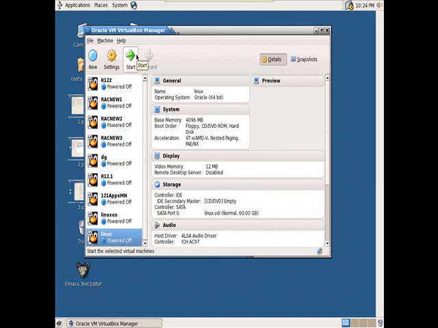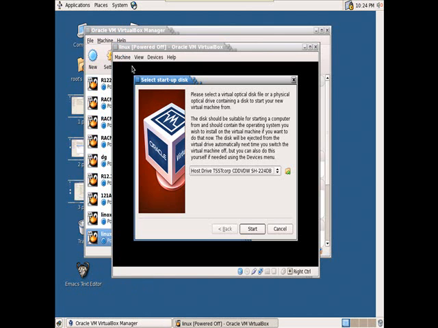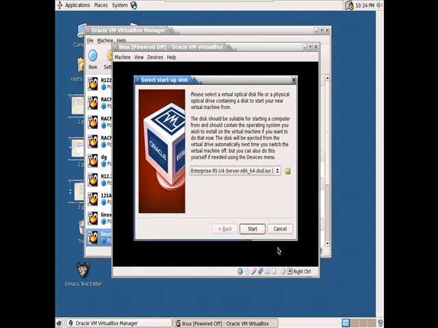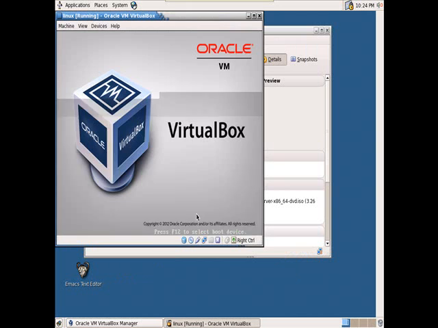In this machine now we need to install Linux operating system. Okay, so click on start. So the empty virtual machine is created. In this I want to install Linux operating system. So first of all we need to specify the Linux operating system file. So this is the Linux operating system software. This is present in stage. I am directly using this. See, you can install operating system in two methods. One is by using a CD, or if you have the software in the machine you can directly use the software. Okay, start.